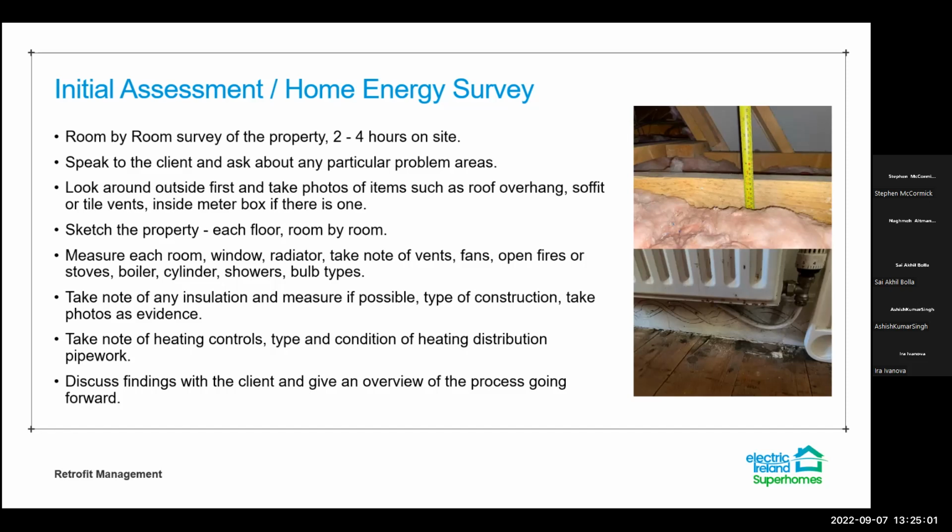So whether it's thermostats, TRVs, or thermostatic radiator valves that just control temperature, thermostats that might have time and temperature control, whether it's zoned, which will all make a big difference to the existing rating to begin with and what we install or propose going forward, as well as the type and condition of the heating distribution pipework. So whether it's micro bore, whether it's gun barrel pipework, whether it's copper, PEX pipework, etc., will all make a difference in what we recommend, whether it needs to be repiped,